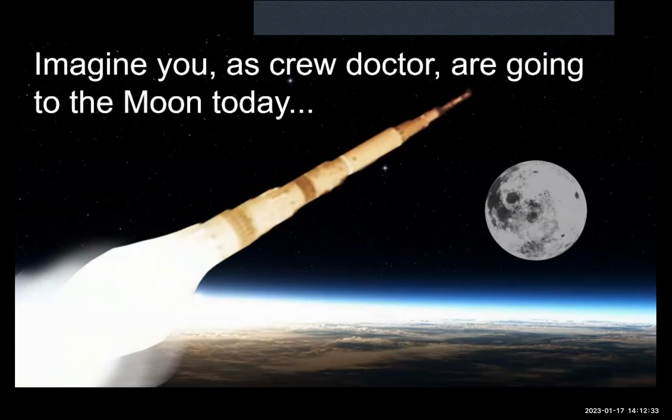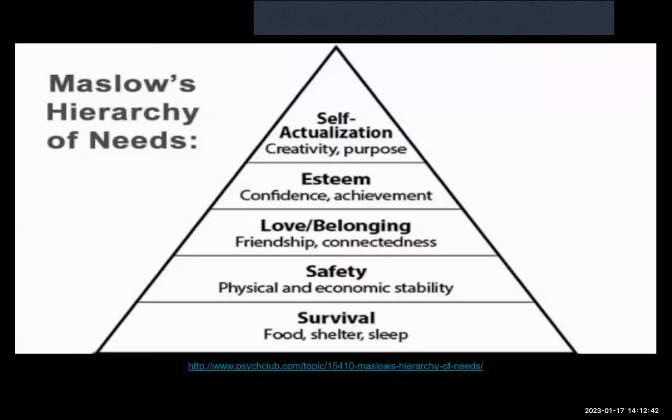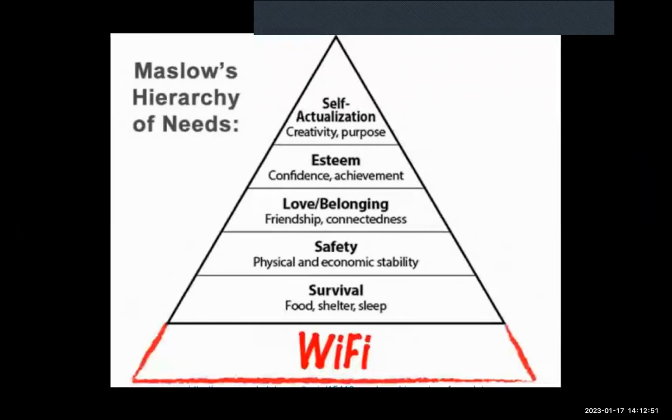So when we look at how we survive an environment, if we go back to first principles, some of you might be familiar with Maslow's hierarchy of needs, which starts with survival, then goes to safety, and then escalates from there. But if we're being realistic, we probably need some connectivity too, this being 2023. Joking aside, to know how we pack for austere environments, we need to be familiar with the challenges that come with that environment. So when we talk about space and space flight, this includes a huge laundry list of hazards,